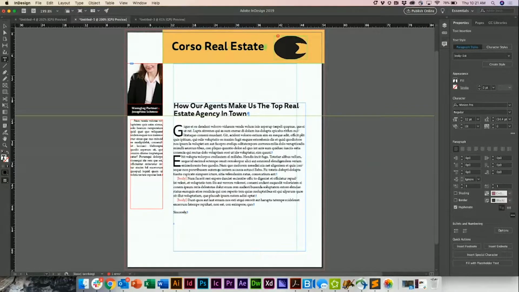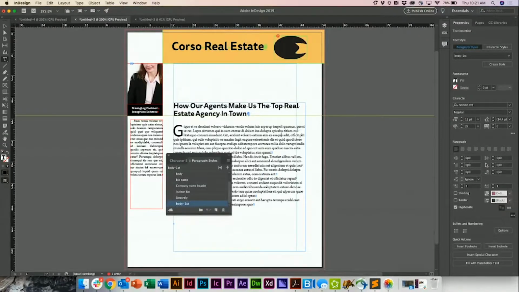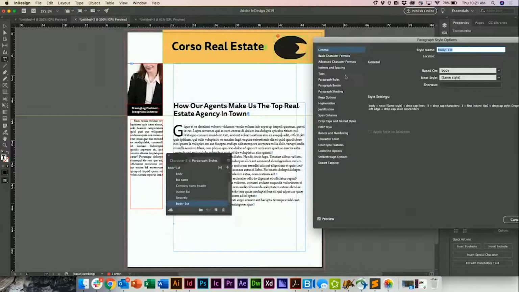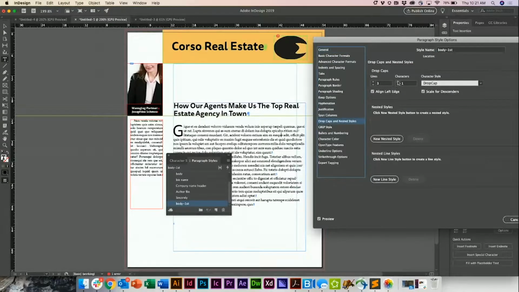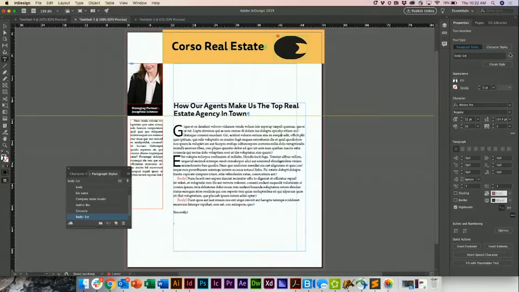And what's great about styles is once you have defined the style, you can always go back to the top. So I'm going to the top right here under my properties panel, and you'll see that there's an option for me to manage my styles, right? So I have all these different paragraph styles, and once I modify my drop cap, right? I can select the number of characters I want to have in my drop caps. Let me see if I can show you how this scales. Let me close this again. This is covering my example here. So if I go back here,